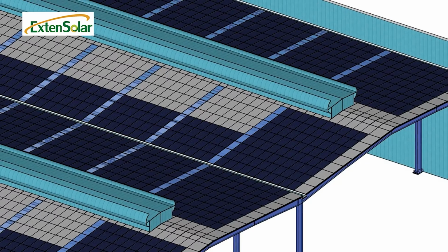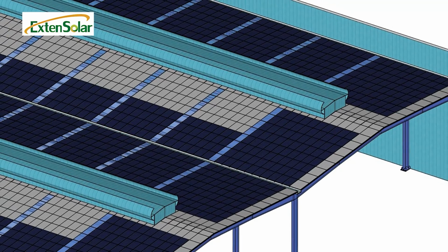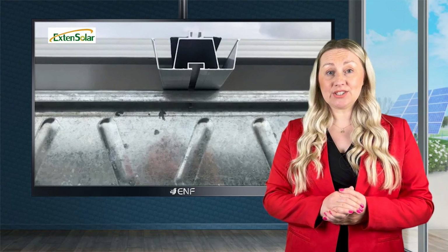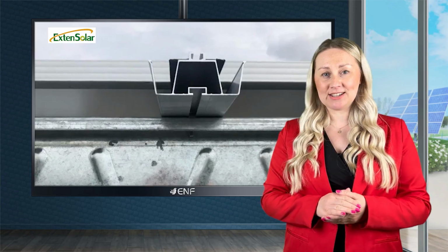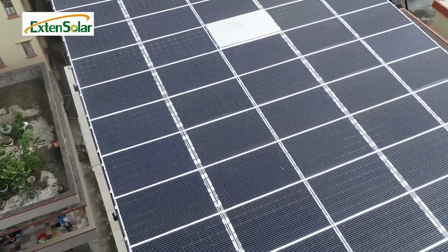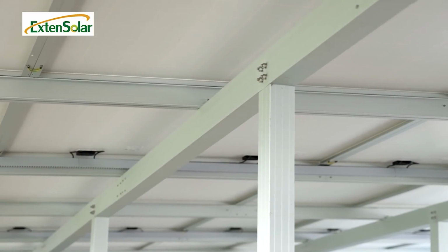Groundbreaking waterproof architecture incorporates longitudinal and horizontal water tanks, skillfully integrated to channel water away, ensuring unmatched reliability and protection against the elements. Additionally, the product is engineered to endure high wind loads, making it a robust solution even in